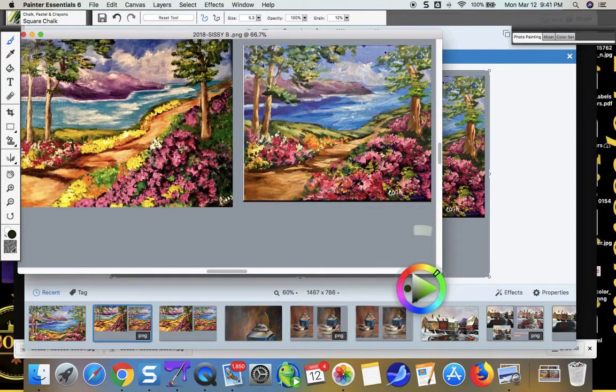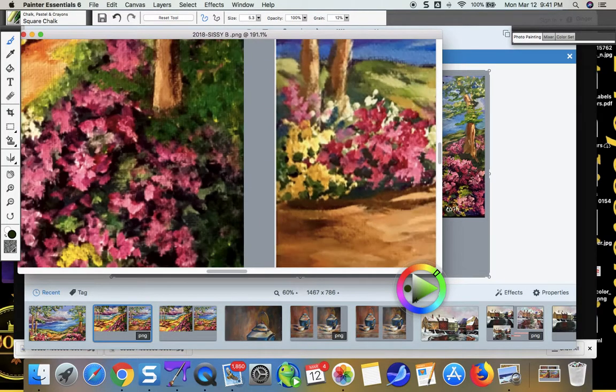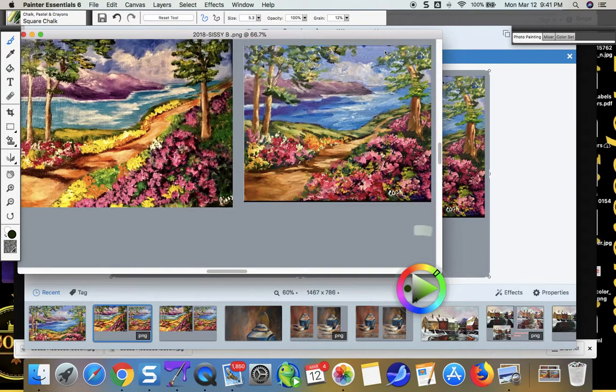Now, brush direction is everything, and I've noticed that if I blow your stuff up, you're almost doing a zigzag, almost like W's when you're doing your flowers. This is the pattern I'm seeing. So I'm going to blow it, put it back down. And the main thing I would tell you is,